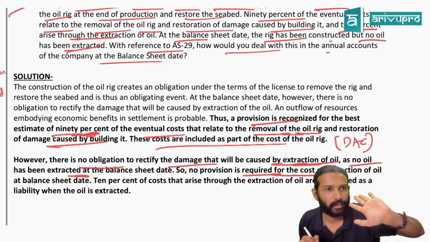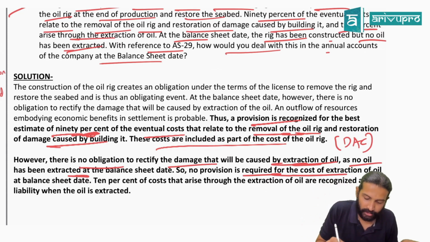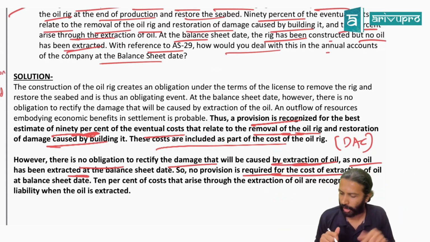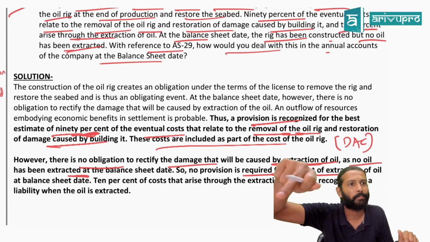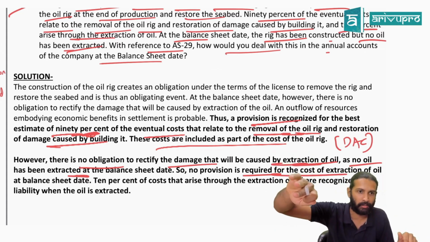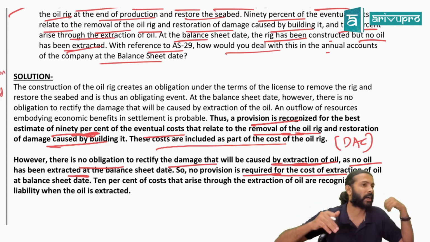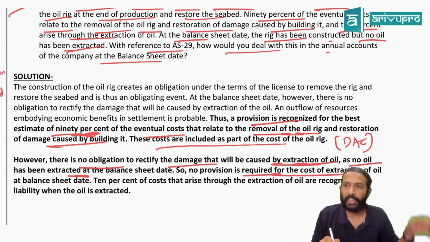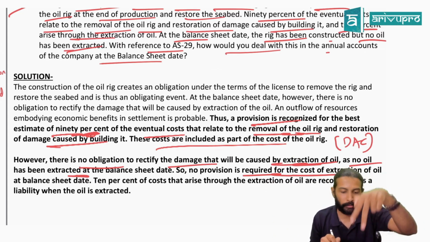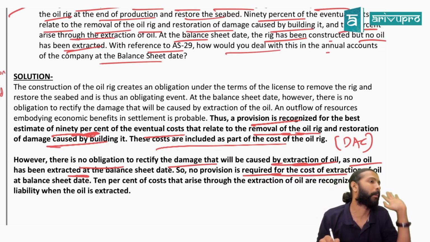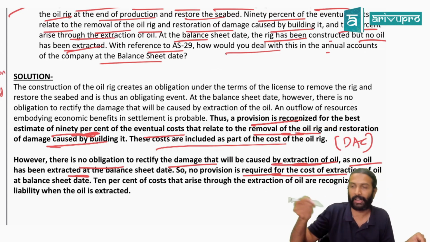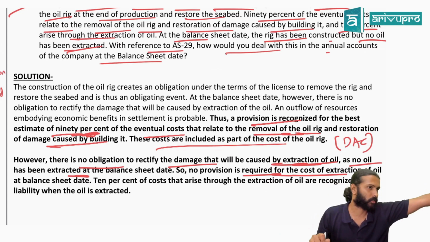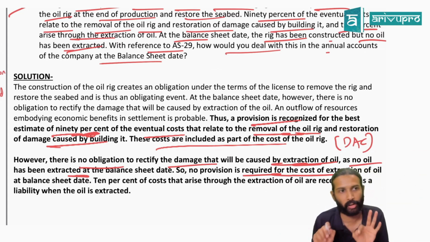Meaning, if you say to the government, I will not repair my damages, will the government give you permission to construct this oil well? If you don't rectify that, can management extract oil, or can that oil well function the way it wants? No. That means if you want to use that oil well, you have to compulsorily rectify this damage. So it becomes like a DAC. We don't call it DAC, we call it DSR, decommissioning and site restoration cost. That is there in your Group 1. At least a little bit, do you understand?